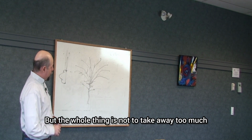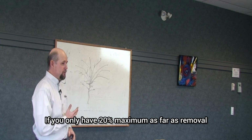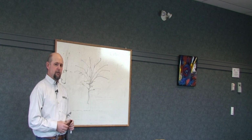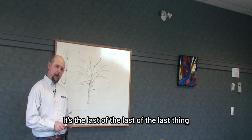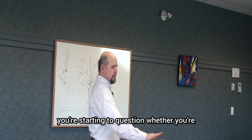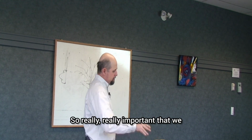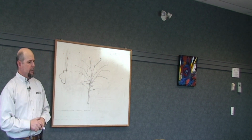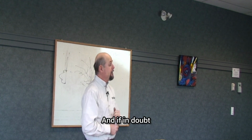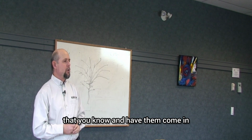But the whole thing is not to take away too much. You only have 20% maximum as far as removal, and generally big branches, you don't take them off. That's the last of the last of the last thing you do, is cut off anything of any size. Branches up to this big, you're starting to question whether you're going to take those out or not. So it's really, really important that we not cut out big branches. And if in doubt, you always call in the most knowledgeable arborist that you know, and have them come in and